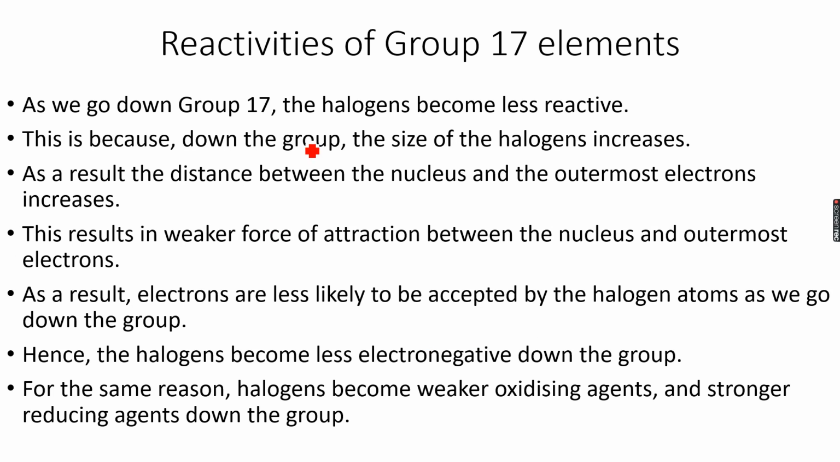Now let's talk about the reactivities of group 17 elements. So as we go down group 17, the halogens become less reactive. So this is because as we go down the group, the size of the halogen atoms is increasing, right? The size is increasing. So